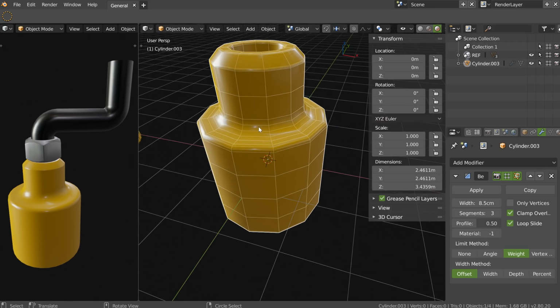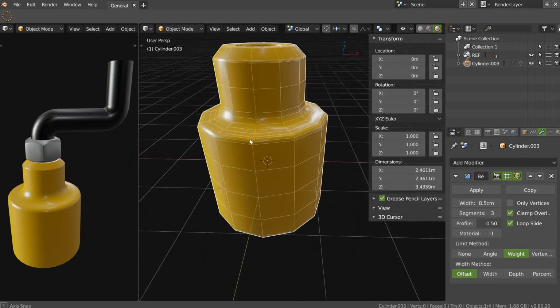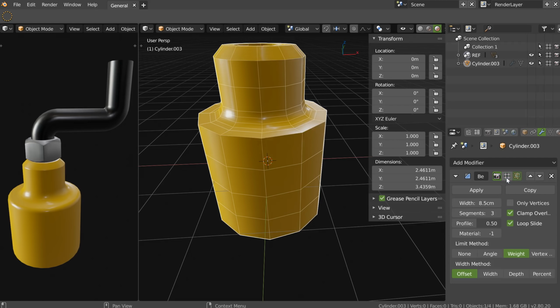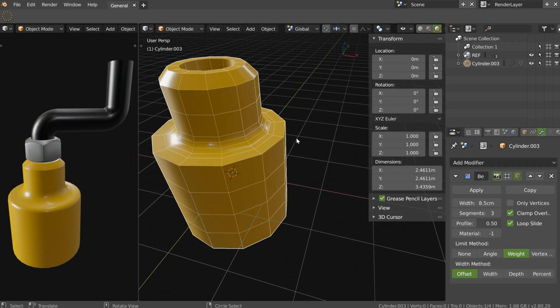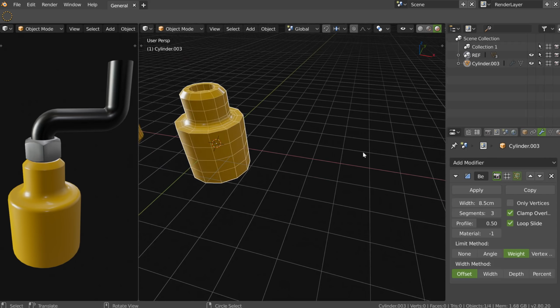I saw some videos of people who don't use bevel modifiers. They do everything by hand with Control B, and in my opinion, it's not the best because you cannot edit it after. Blender doesn't have options like Mesh Machine to edit the bevel, so in my opinion, the best is to do this. And as you can see, I cannot edit this one. Maybe I could have added another modifier, but I have to go in. I have to do this.